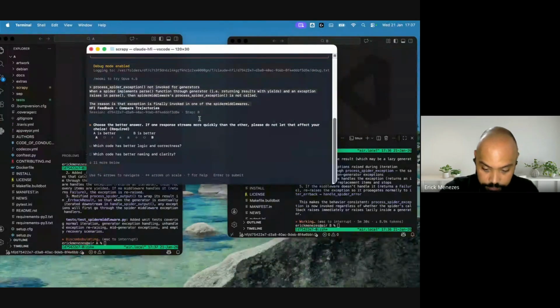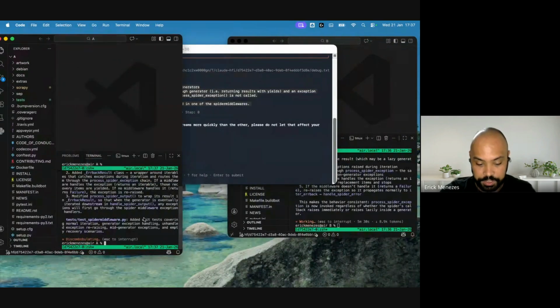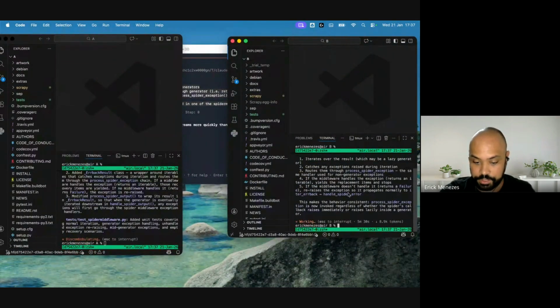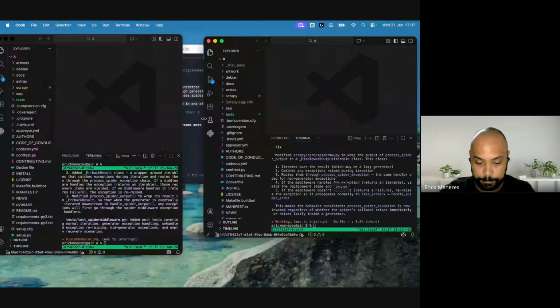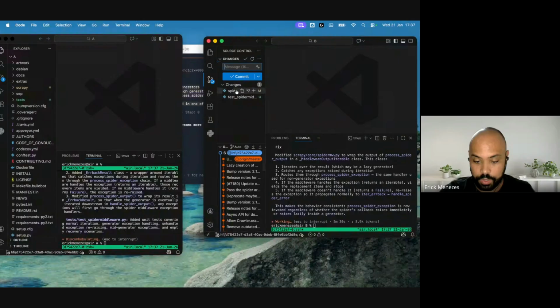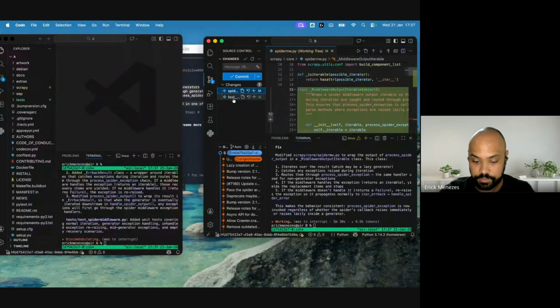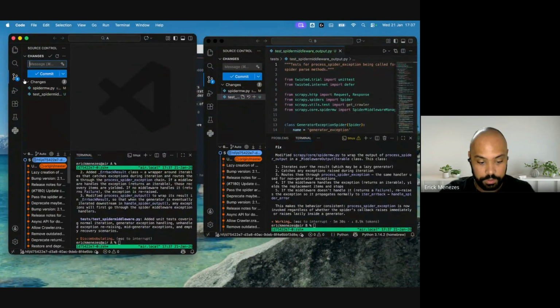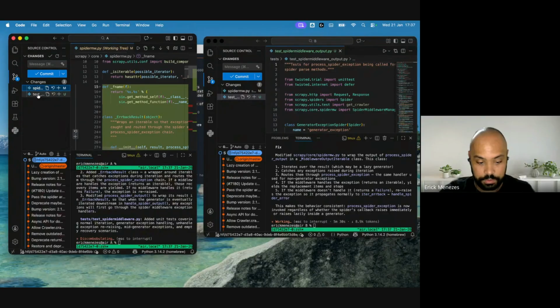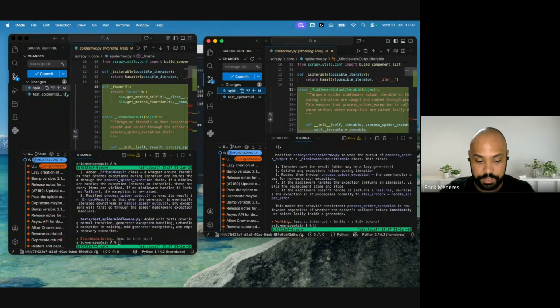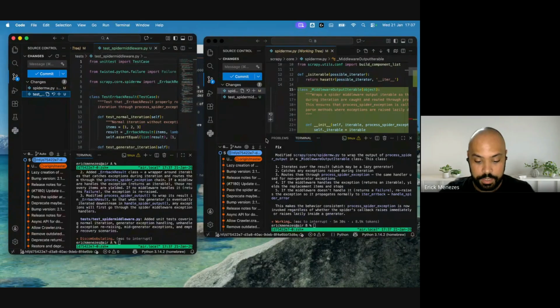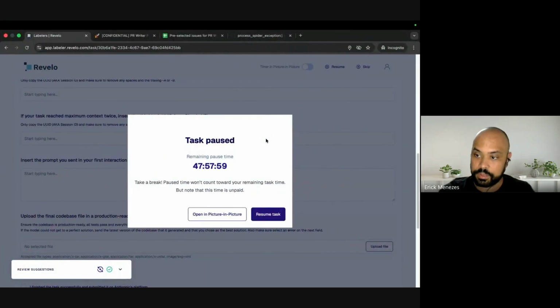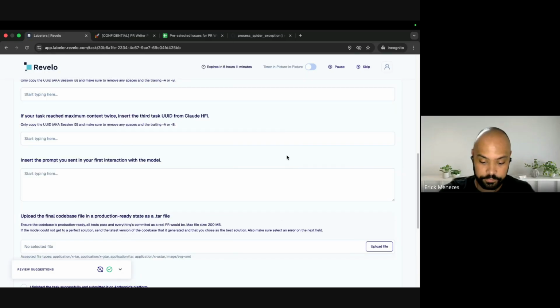If you're seeing here, now it changes because A finished and B finished. So we are going to see what changes they made. They made the change in this file. They created a test. Here also, they made different changes. Now, once the model stops and we start to analyze this, now is the time for you to resume the task.